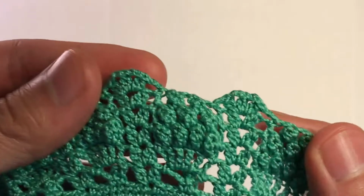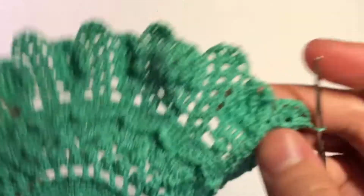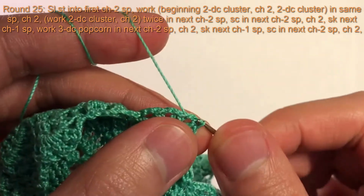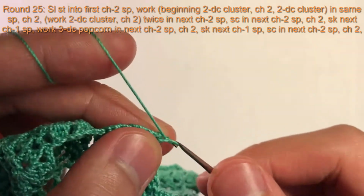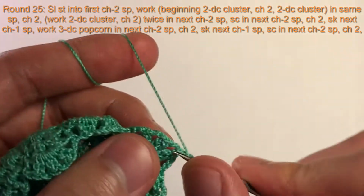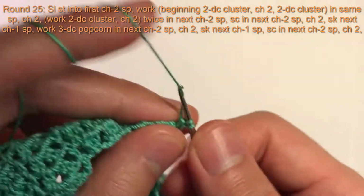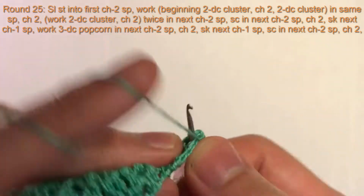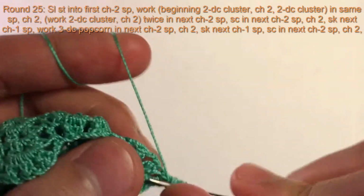Okay, now for round 25. For round 25, we're going to slip stitch into the first chain 2 space right here. We're going to do the same thing again, 2 clusters. So do a beginning 2 double crochet cluster, which is chain 2, and do a double crochet into the same space, followed by chain 2, and do another cluster into there, which is the same way as we've done it before,